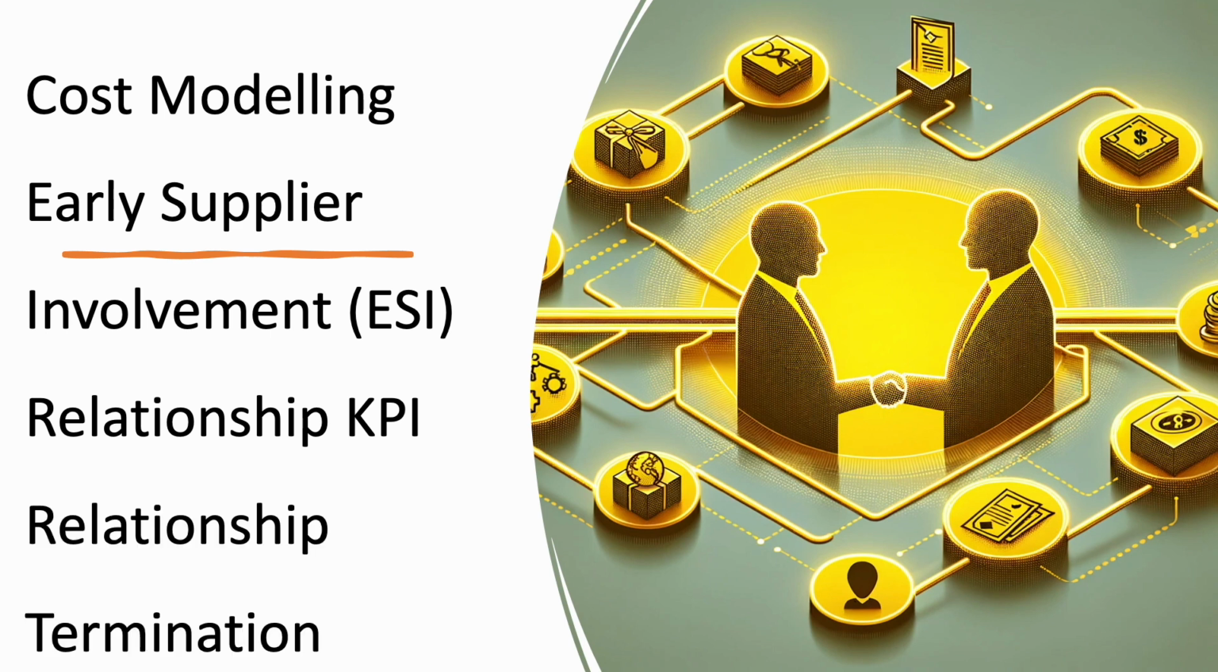Today we will look at cost modeling, early supplier involvement, relationship KPIs, relationship termination, and way more. Cost modeling is a vital tool utilized by procurement teams to effectively assess and predict supplier costs. This process involves analyzing various cost components, such as materials, labor, overheads, and profit margins, to gain a comprehensive understanding